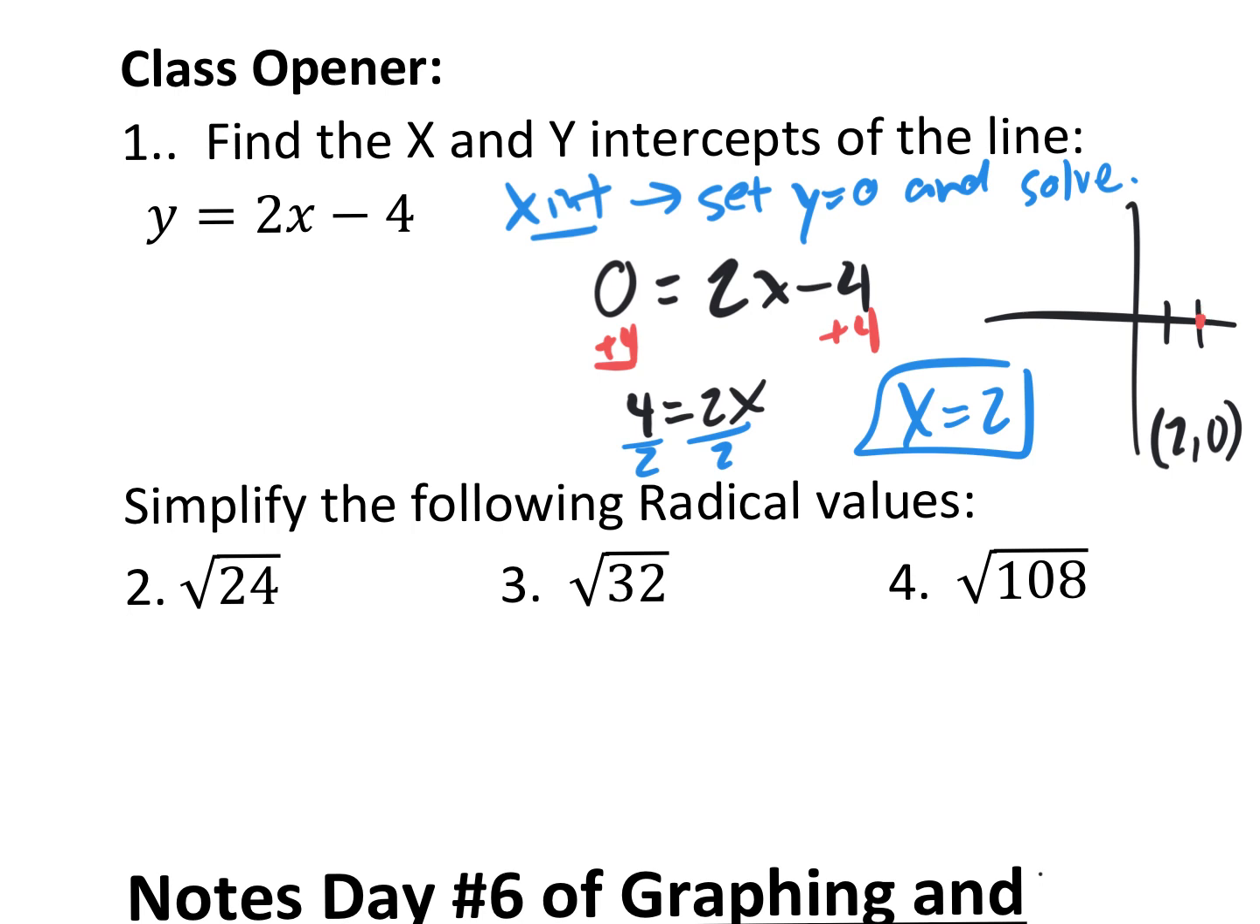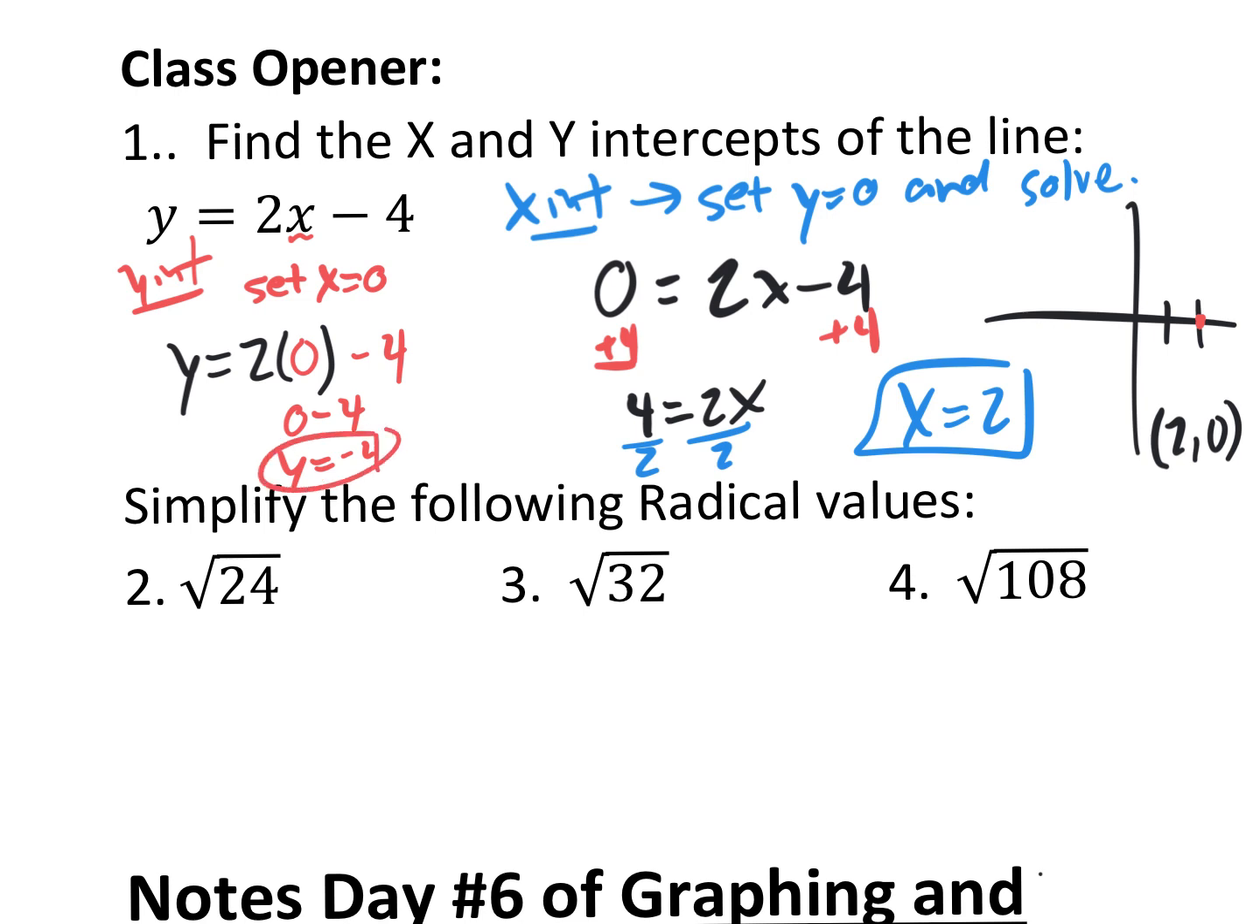If you wanted to find the y-intercept, you would set x equal to 0 and solve. So you would have y equals 2 times 0 minus 4. That'd be 0 minus 4, which means y equals negative 4. That's your y-intercept. That tells you that it crosses your y-axis at negative 4 down here,